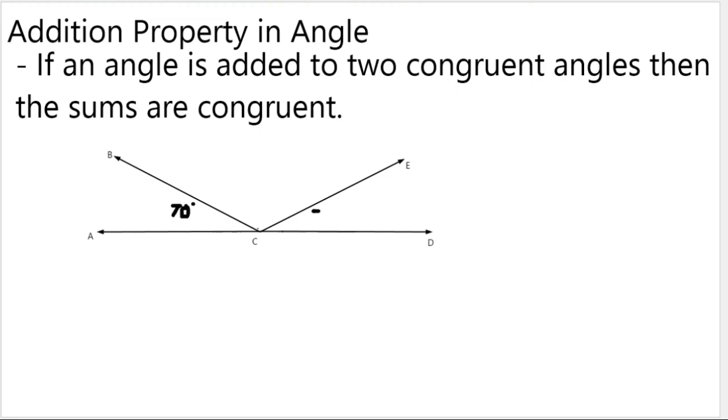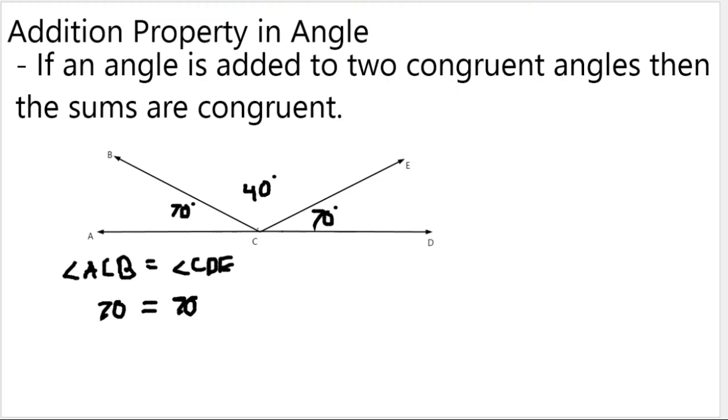And now let's put some numbers. Let's say angle ACB and angle DCE are 70 degrees, and let's say angle BCE is 40 degrees. So we all know that angle ACB is equal to angle CDE because they are congruent to each other, meaning 70 is equal to 70,